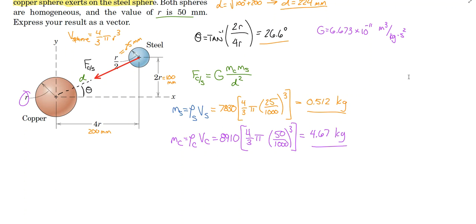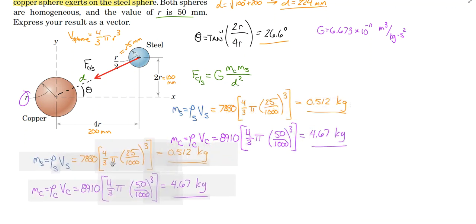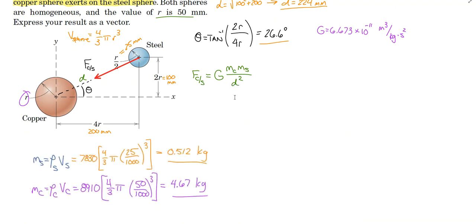All right. So we have those two values. I'm just going to move them over here for the time being. And we can now compute the force that is exerted. So we just substitute. So the G, 6.673 times 10 to the minus 11th, multiplying the masses. So we have 4.67 times